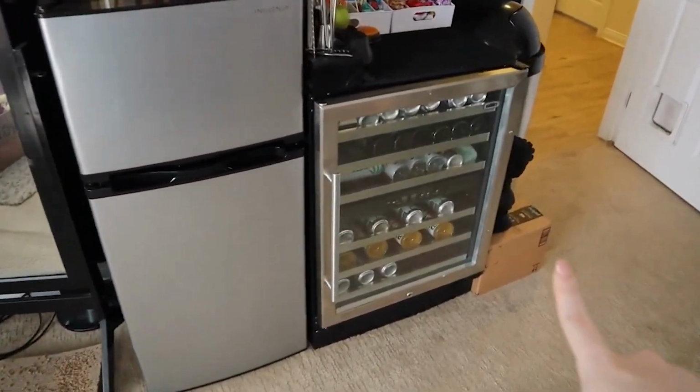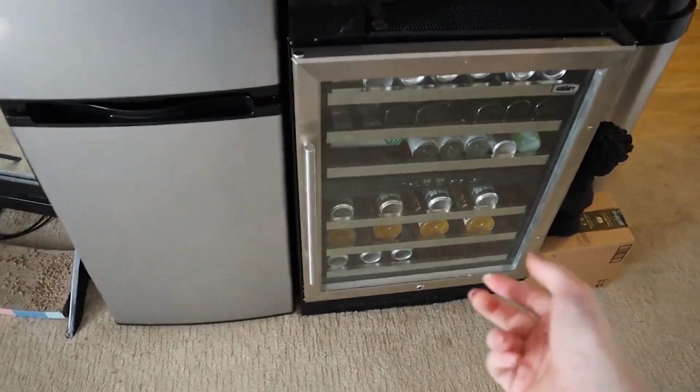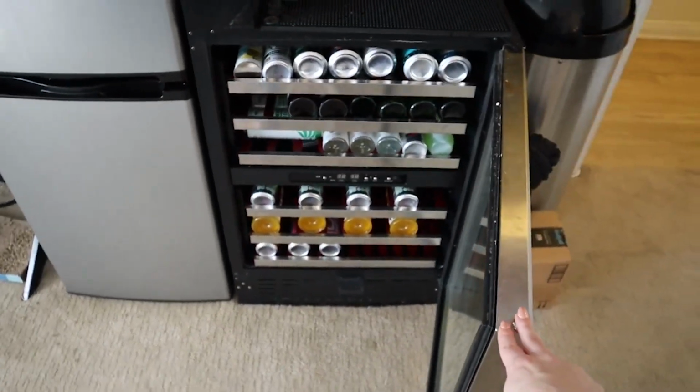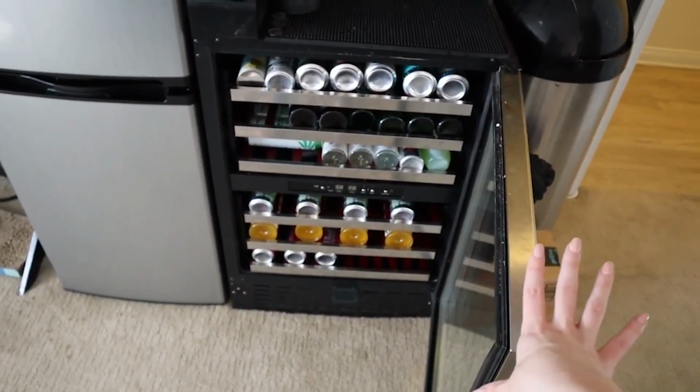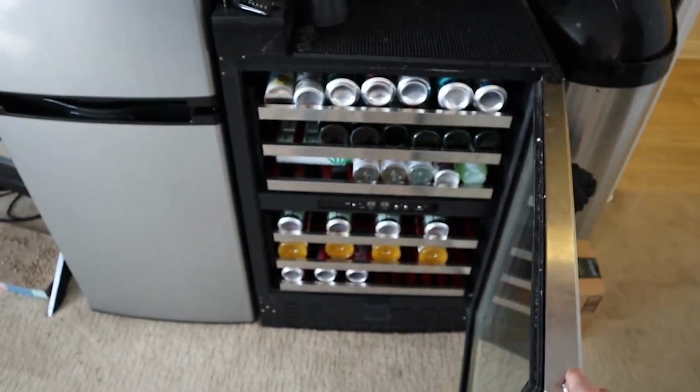And that's because this is the wine cooler I told you guys about in the living room. I had another one in my bedroom. This is it, and it doesn't actually cool because I have not fixed it. It needs to be repaired. I got it for free. I use it to store drinks. It's so much storage. Look at all of that space that holds cans and drinks and stuff,